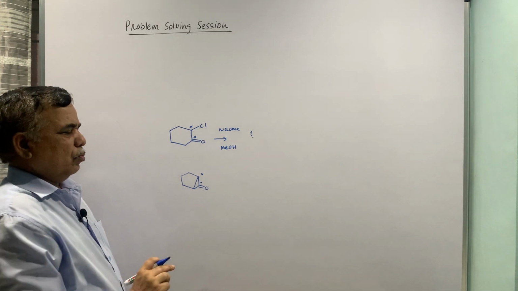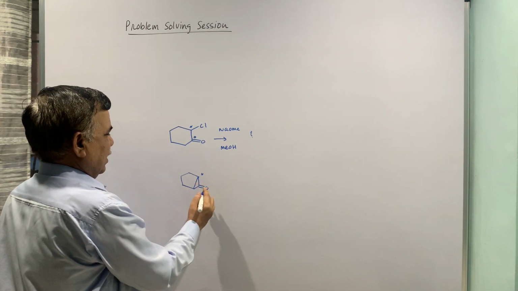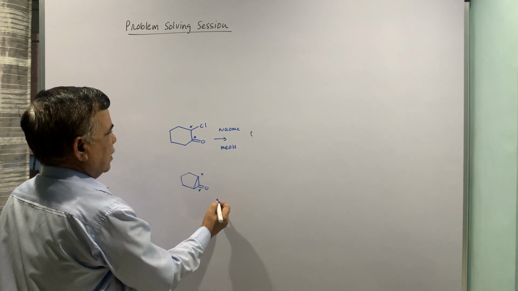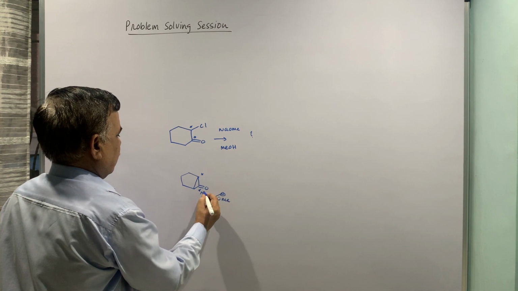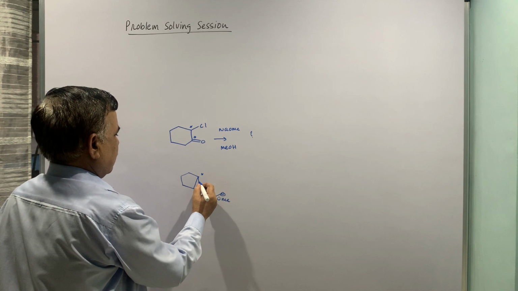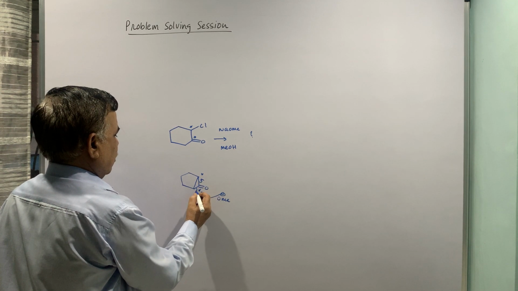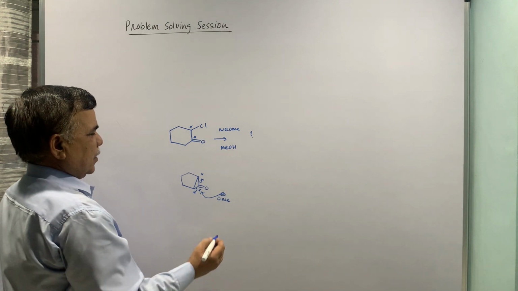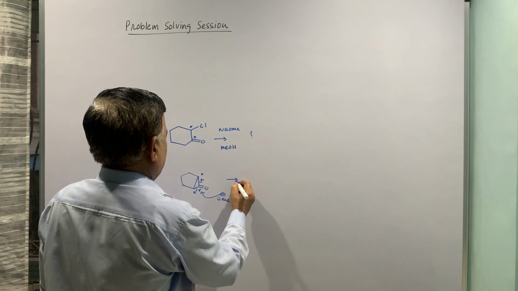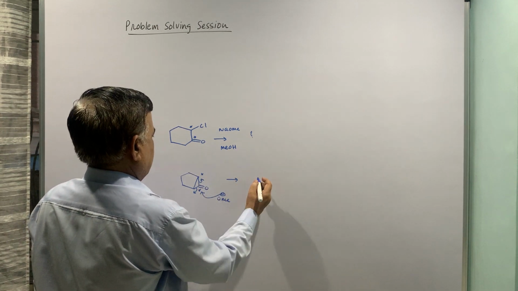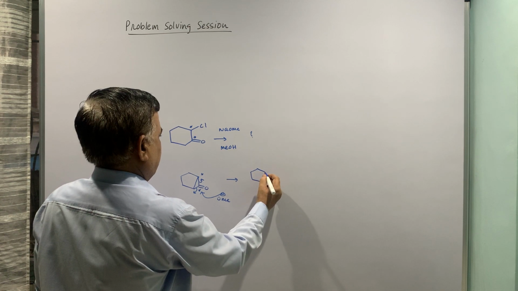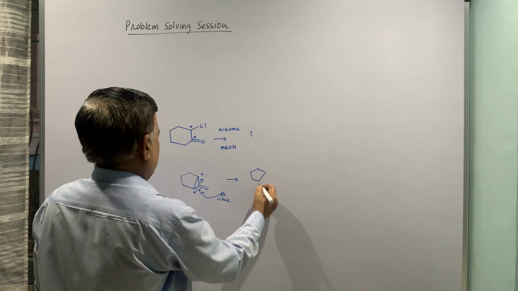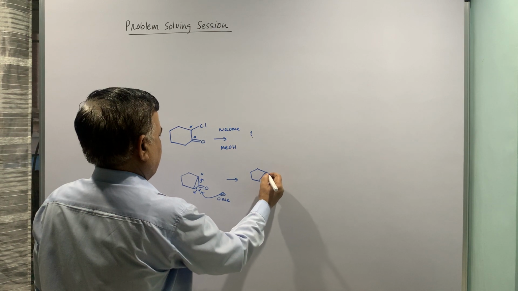Now these are two labeled carbons, and now methanol is providing a proton. This can open up either in this direction or this direction. Accordingly you get two products. So I am putting this product on this side. So I am drawing it as it appears. So 5-membered ring. This will eventually take a proton,